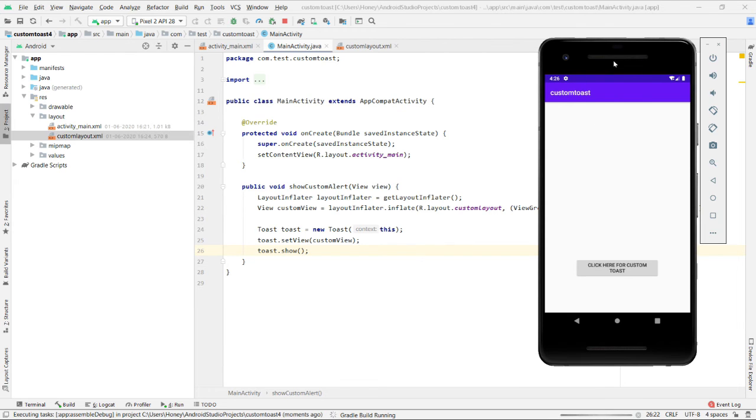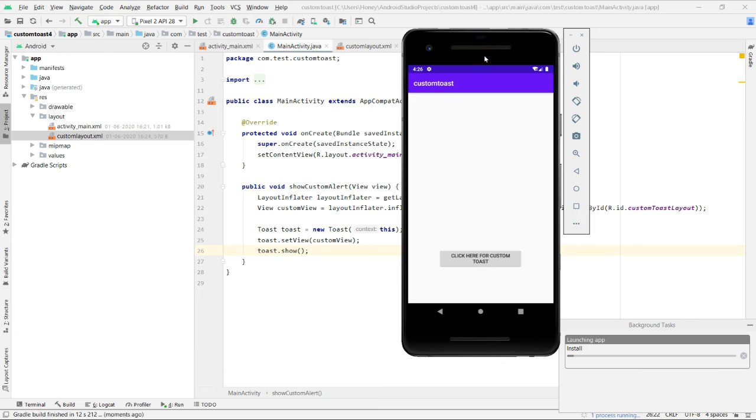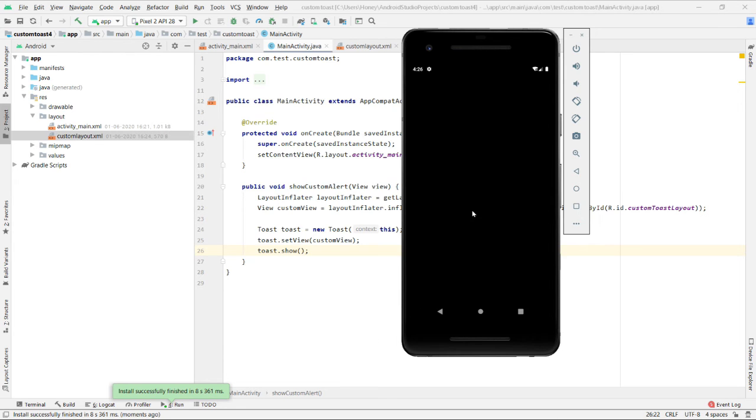Here's my virtual device. There is some process running on installing the app. Installed successfully. So let the app open.